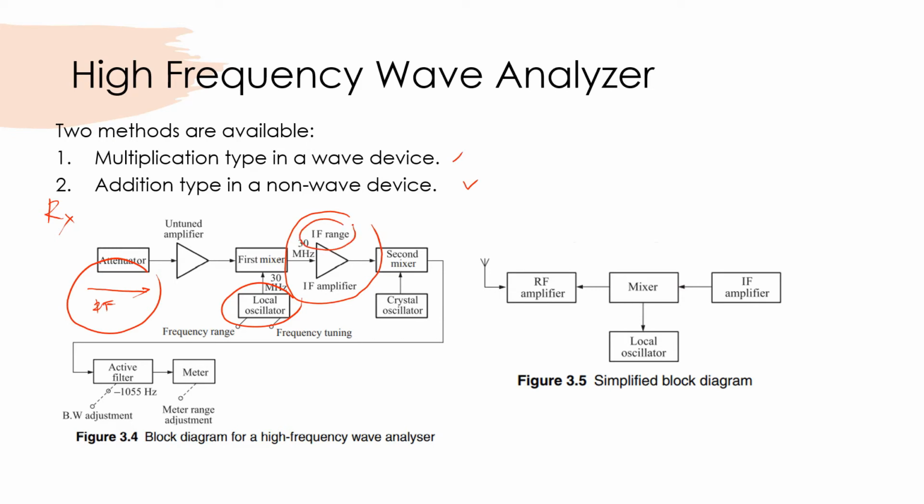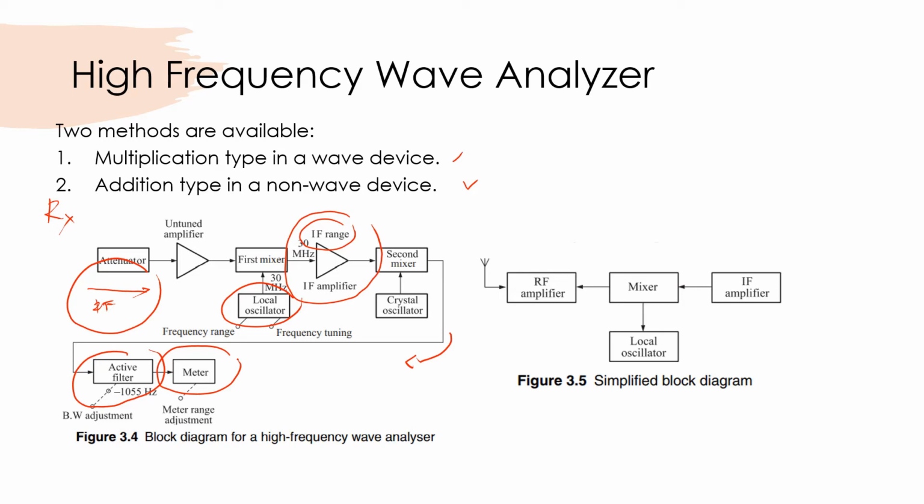And then coming to the second mixer, this is the crystal oscillator, and then maybe a slightly lower frequency mixer, so we get the IF range a little bit lower than before the second mixer, and then going to the active filter for the bandwidth adjustment, and then we get the signal here, and then we can analyze the signal in the meter. Okay,